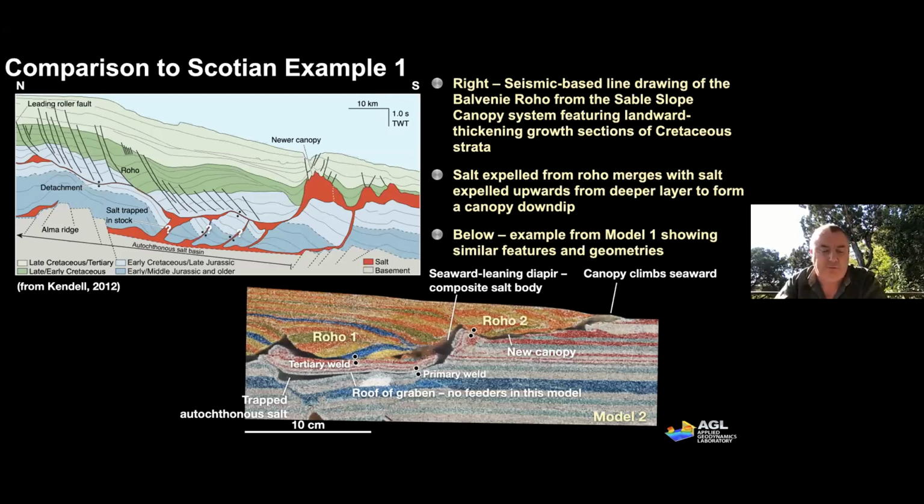So let's just have a look at a couple of examples from the Scotian margin. So here's a seismic baseline drawing here. And again, we see salt from an up-dip salt basin expelled up and out a shallow roho system, and then a new canopy system outboard of this, the same that you see in this, which is from model 2 here. Beautiful